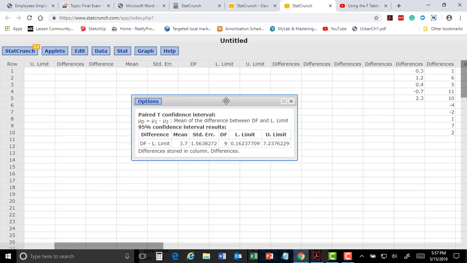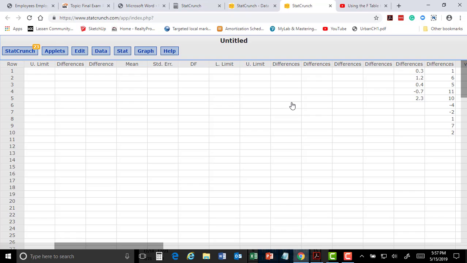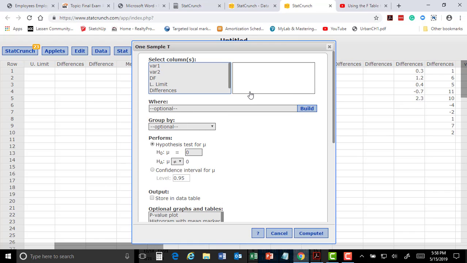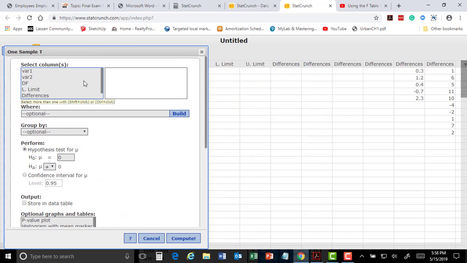What did I do wrong? Oh, okay, so now it's just looking for this. Look, watch. I got my differences, right? So I can just go here then. Stats, and then let's say one sample, and let's say with data. Now this guy, I've got to be careful now, because I'm using